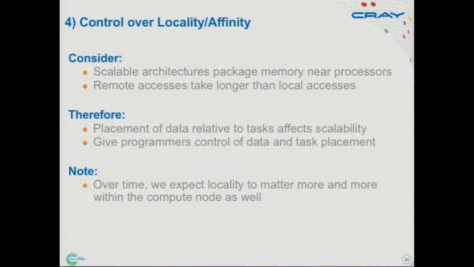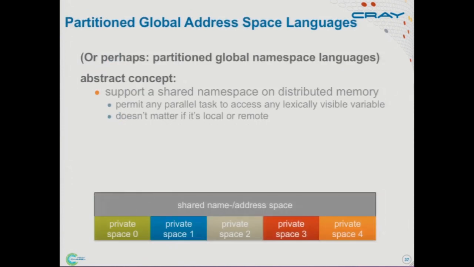And then the fourth theme is a pretty simple one. It's that if we're running on these large-scale machines, you need to worry about locality. You need to worry about where your data is located and where your tasks are running relative to that data in order to get good scalability. Or I should say, somebody has to worry about it. In spite of pursuing aggressive language designs, we're actually not fans of heroic compilers. So we think this is the kind of thing the user should have to think about and help reason with. So the idea here is we want to give the user features that give them control over reasoning about locality and affinity. And as Kathy alluded to in the previous talk, we fit within this family of partitioned global address space languages.